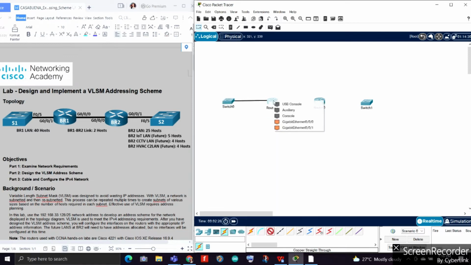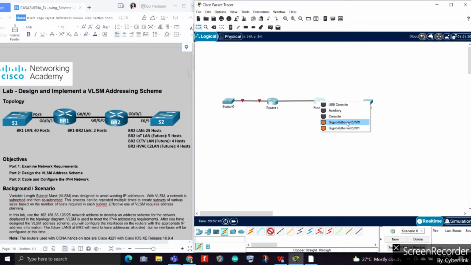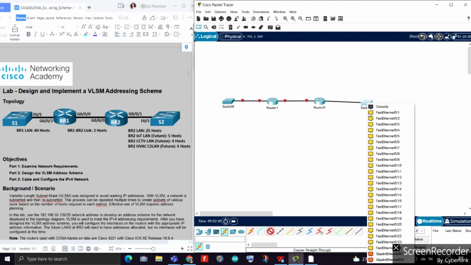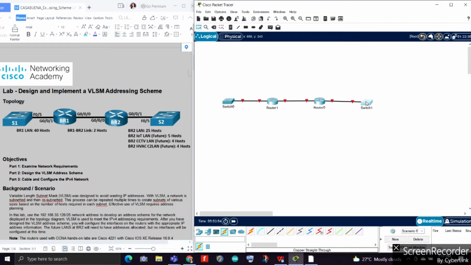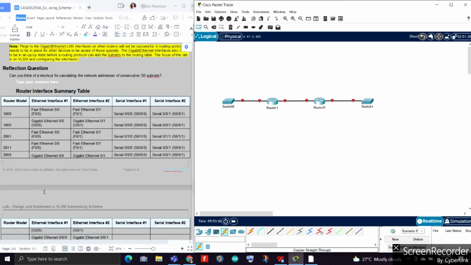Just take note of how I connected it in our Packet Tracer, as well as our router 1. That will be connected to our router 2. And then router 2 will be connected to our switch number 2 as well. So now, after connecting all of our devices, we'll be configuring our routers. We're just going to have to follow the instructions given below from part 3 until we finish